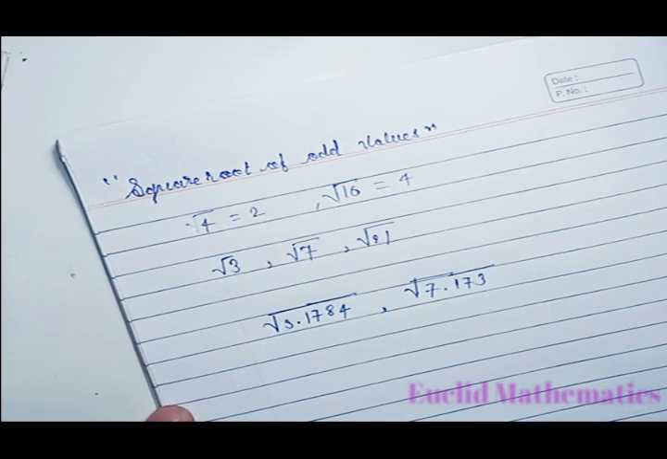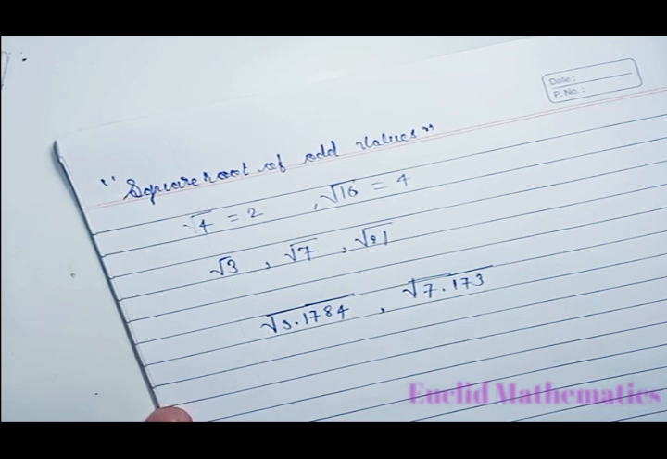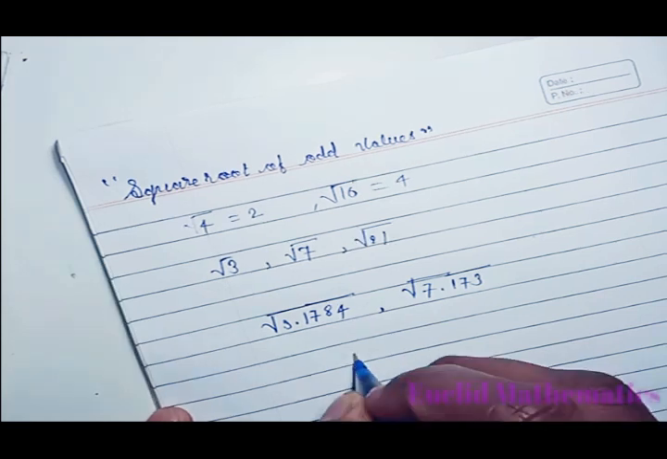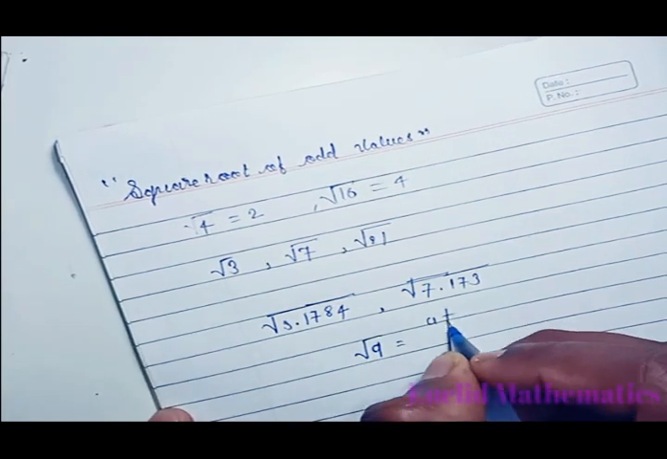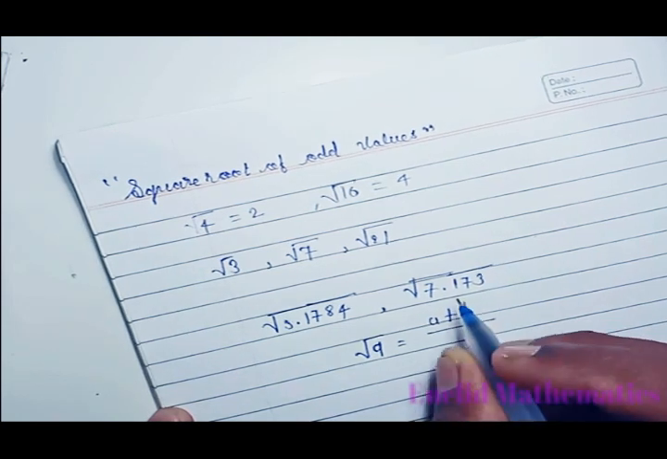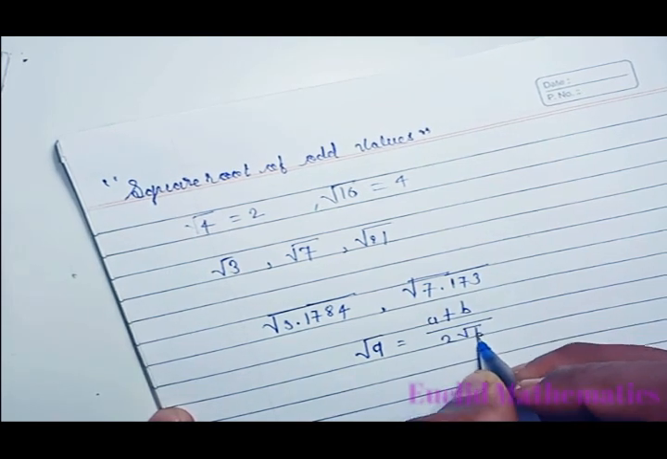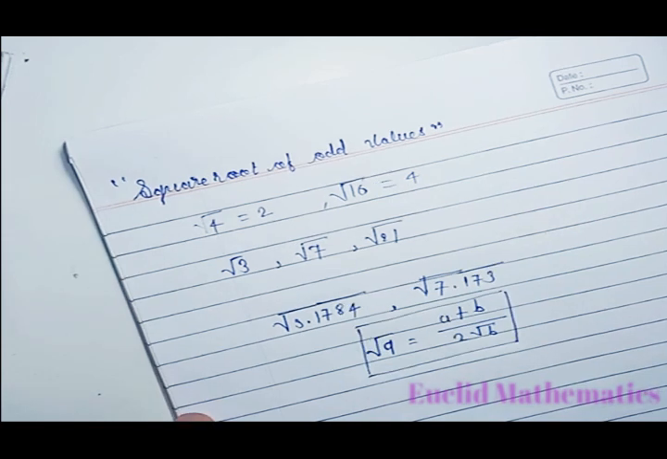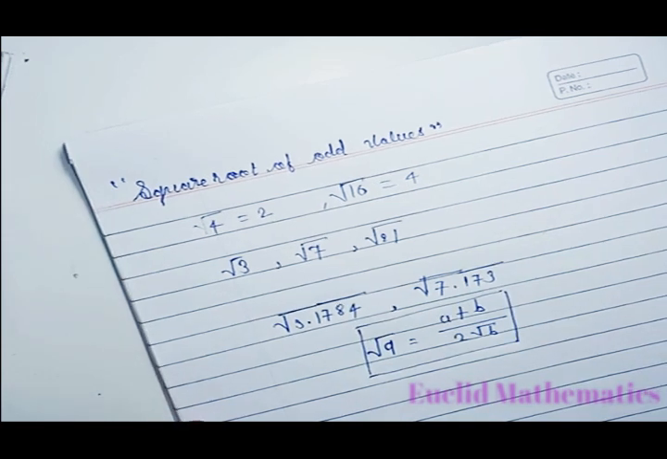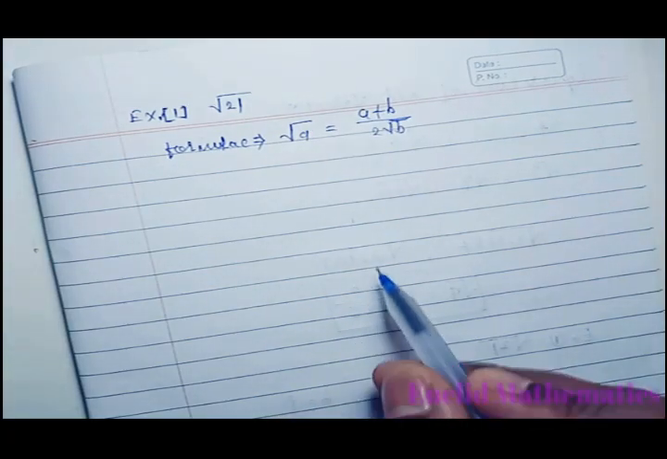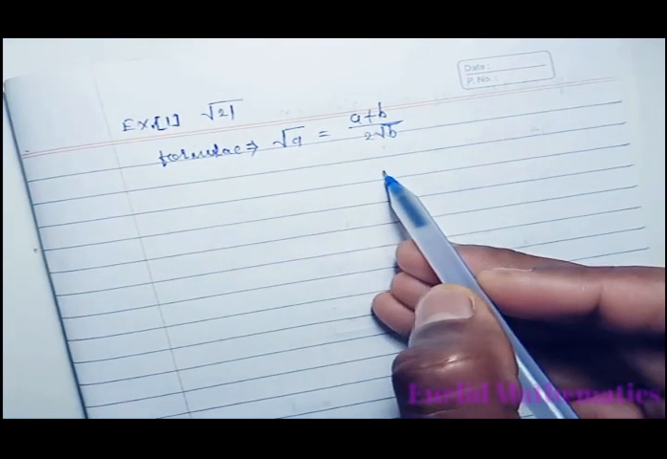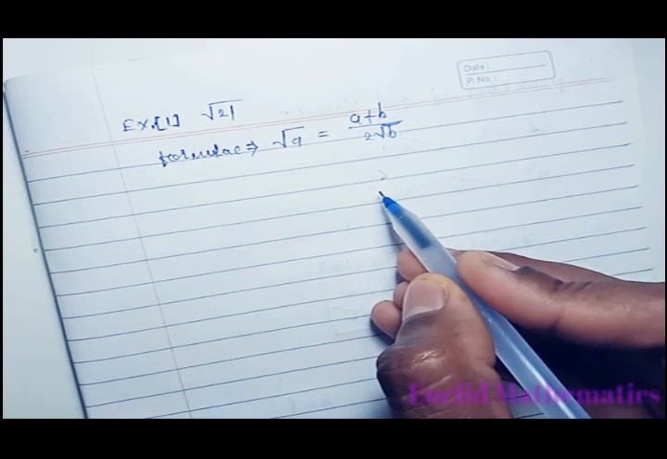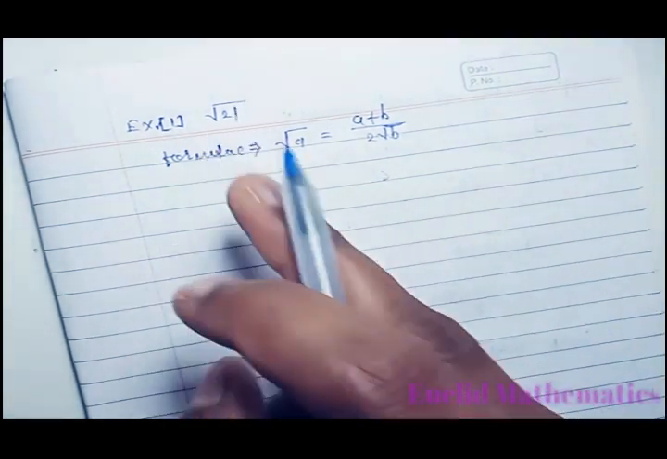So for finding such a square root, we need to remember one short result. That one is: the square root of any number a is equal to (a plus b) divided by 2 times root b. So this is the short result. So let's do some examples. The formula for finding the square root is: square root of a equals (a plus b) divided by 2 times root b. So we need the values of a and b